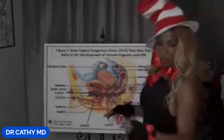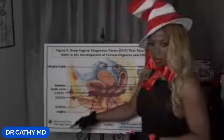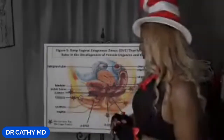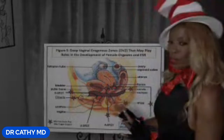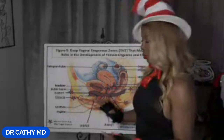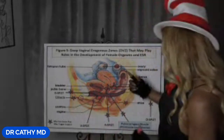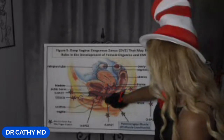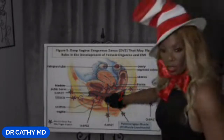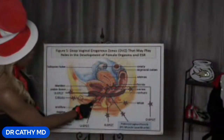I know on Instagram you guys can't read these words. I know it's mirrored, but the most important thing is the diagram. So I'm going to go through some of the spots. We know the G spot. The G spot is right here. Now what you're looking at here, I don't know whether you can see this, is the area